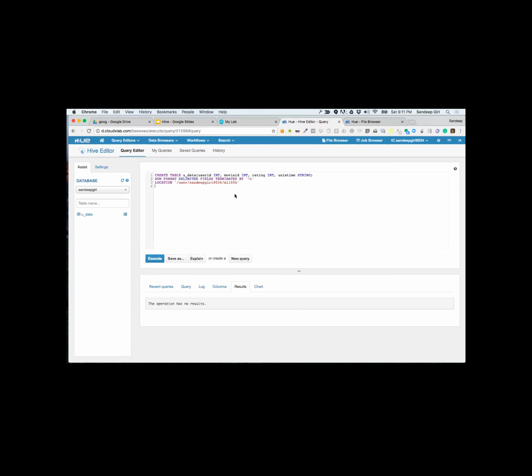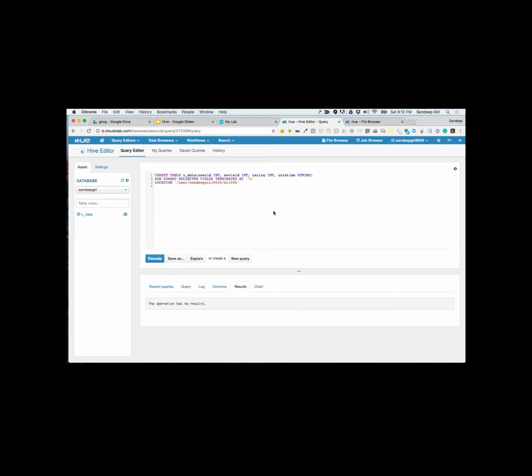And also we are saying that our data is in the form of tab separated. So we are saying create my table, which will have these 4 columns, and then we will have row formatted data separated by \t. So we are saying kind of the way our input split worked.